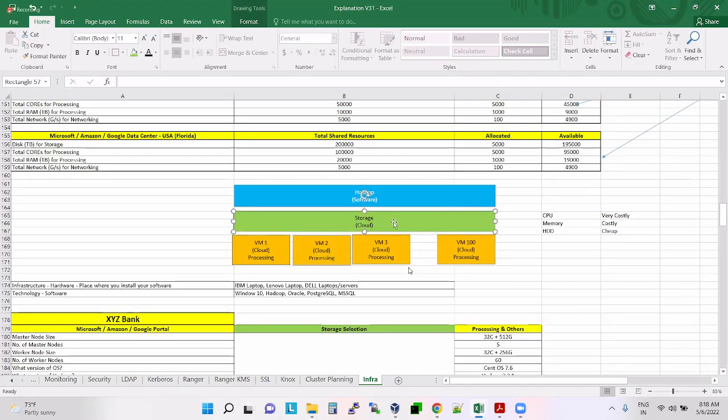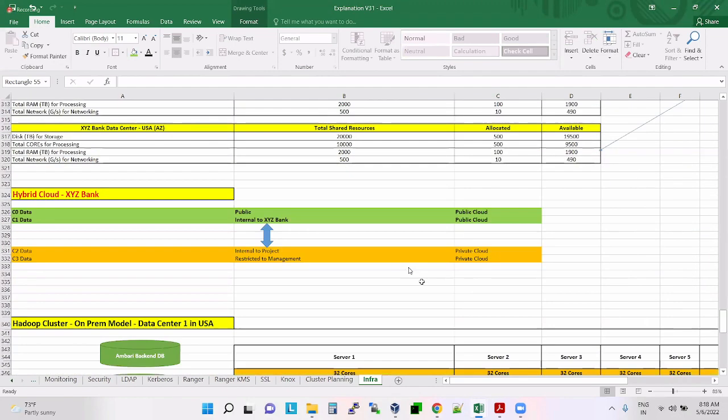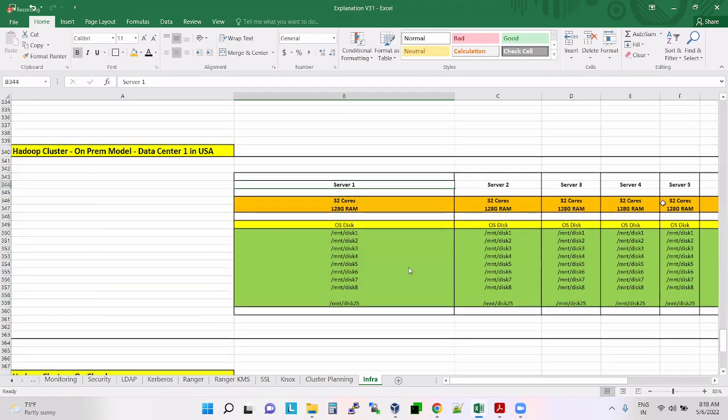The storage is nothing but your cloud storage, processing is cloud processing. If you go for servers model, everything is in one server, and a combination of servers equals one Hadoop cluster.